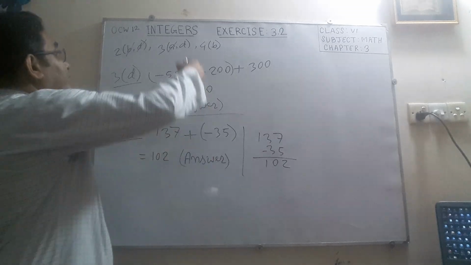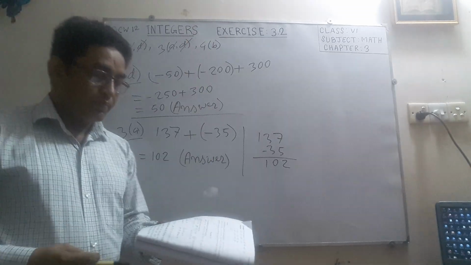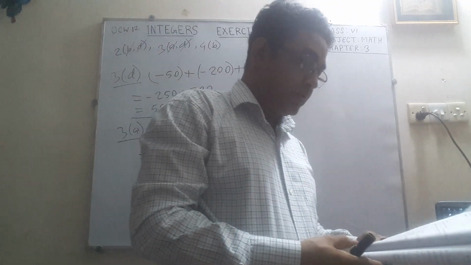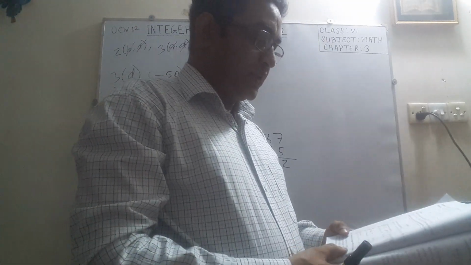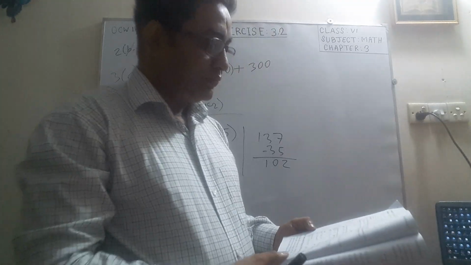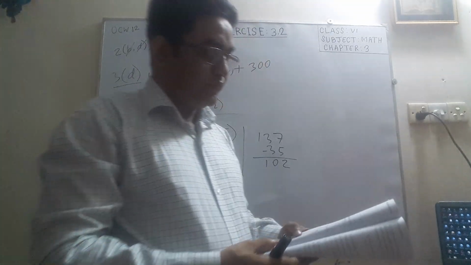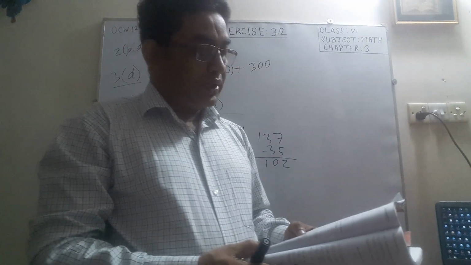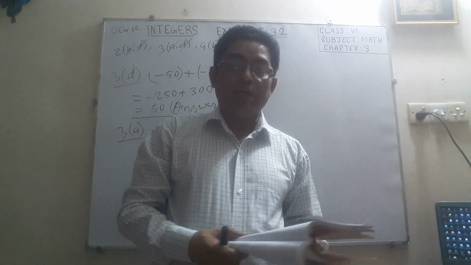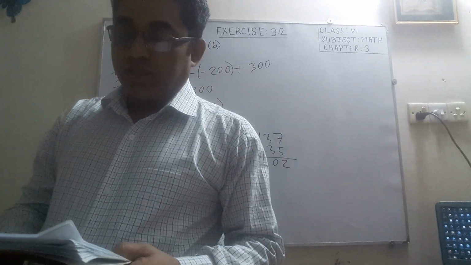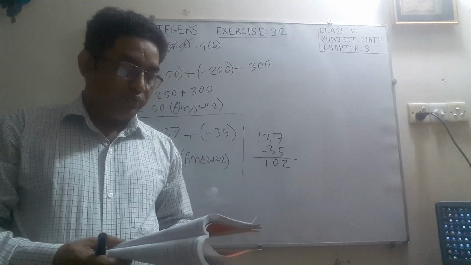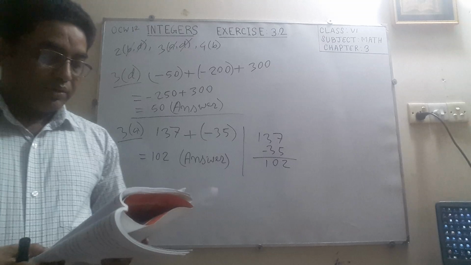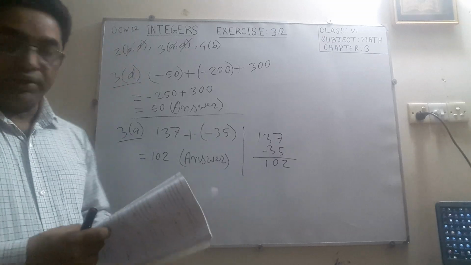Finally students, we have to solve 4B. Look at the number 4B. Find the sum. Again we have to find the sum here. So here there is no direction, addition with number line or without number line. So without number line is, I think, easier, so we can find the sum without using number line. Now come to 4B.